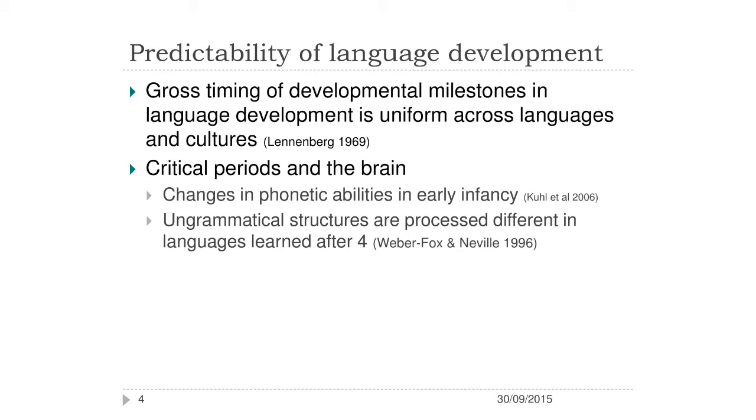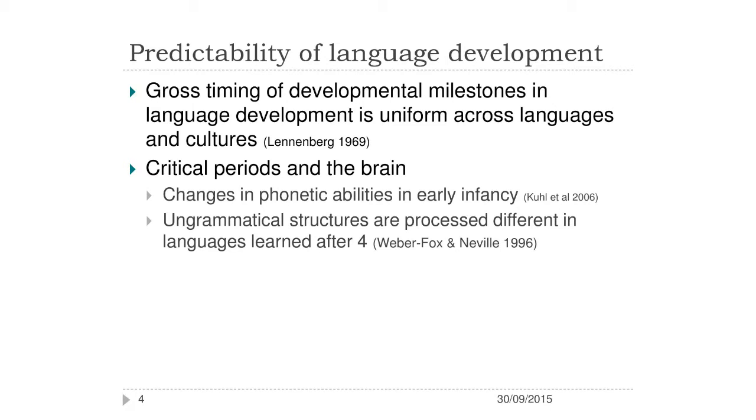That's when children who learn a language before 5 process grammaticality differently from children who learn it after, even though they might become more native-like in the second language. The old-fashioned Lenneberg critical period, around adolescence, when your language ability declines and continues to decline through age, actually doesn't have the biological correlates. It may relate more to changes in social cognition than changes in the language learning capacity per se. The point is, it's fairly predictable.